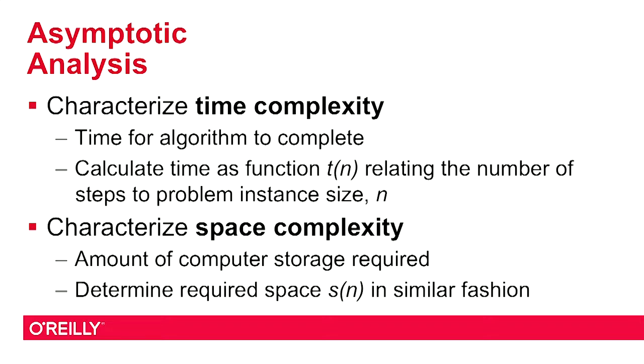And I've already demonstrated this in some of the earlier examples. When I want to look for an element in a list or in a collection, I concern myself with the size of the collection. When it gets twice as large, that's how I can determine the behavior of the algorithm, how the program behaves when the input size doubles. And what I really want to do is come up with some shorthand mechanism to be able to characterize that. And we have to use functions to do so because they capture the quantitative analysis that we're looking for. So when I call time complexity the analysis that we're working on, I'm trying to compute a function t of n. And that would relate the number of computational steps that I need to solve a problem to the problem